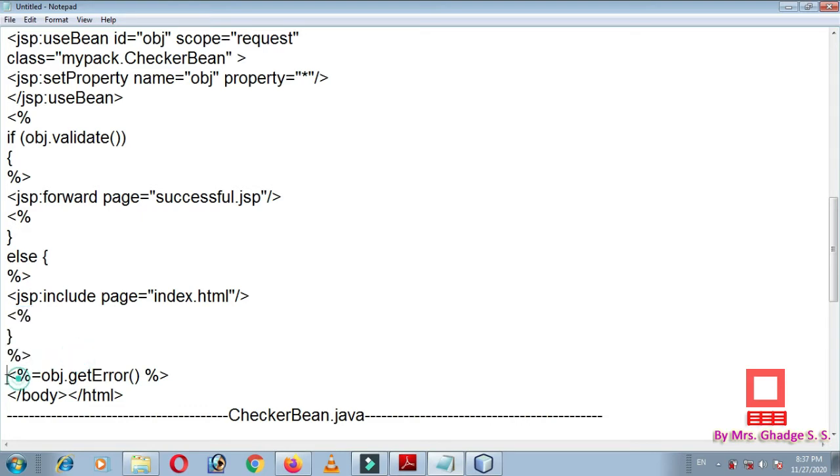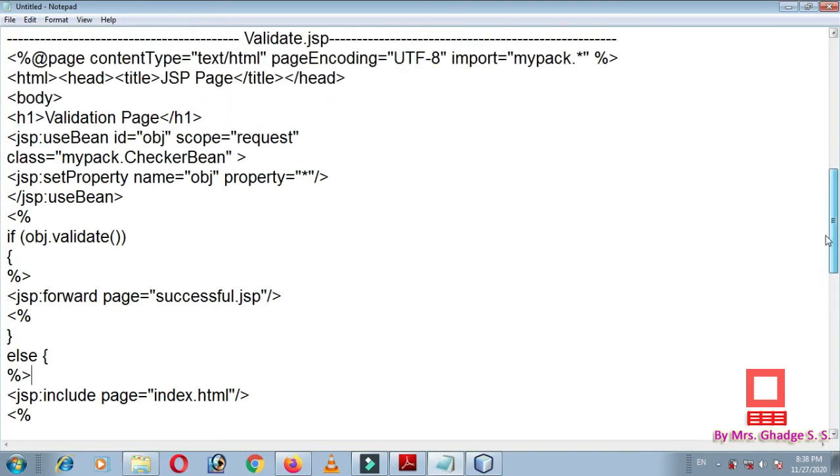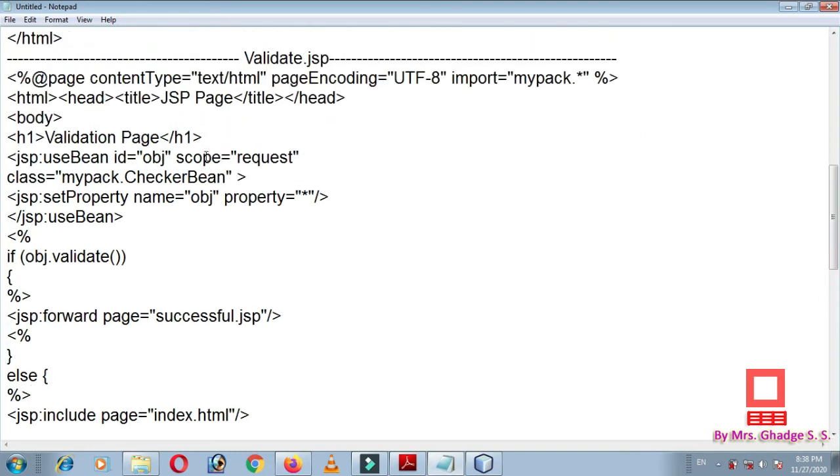Then less than percent equal to obj.getError. If there is some error, then it will just call the method getError, which belongs to again the obj object. Okay, so less than percent equal to is the syntax of an expression, so it will directly display the error message on the web browser. So in this way we can write the file, that is validate.jsp.